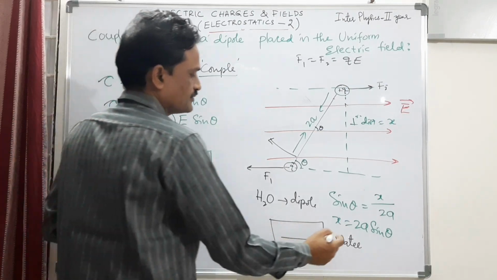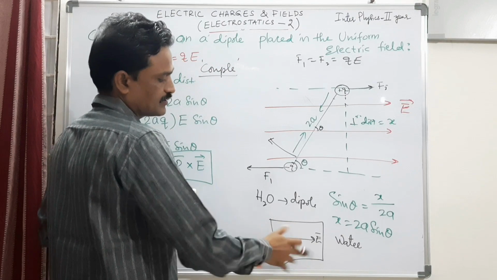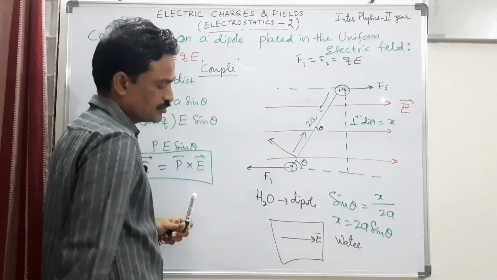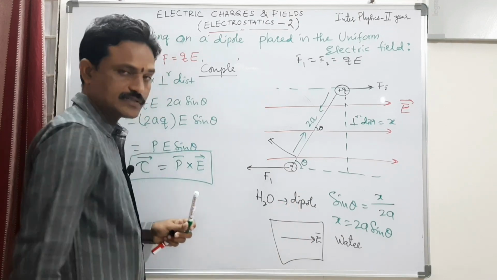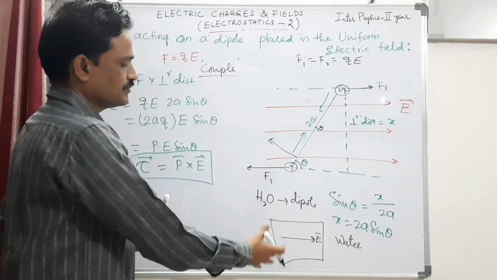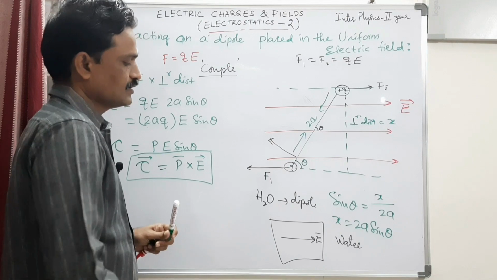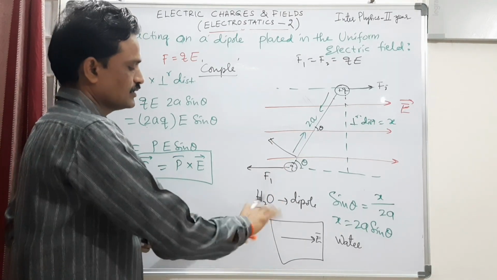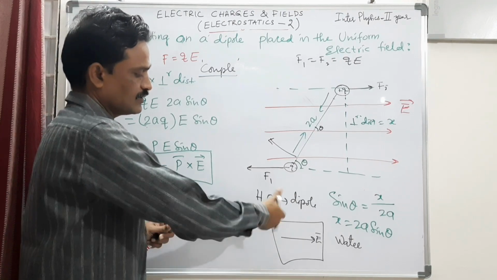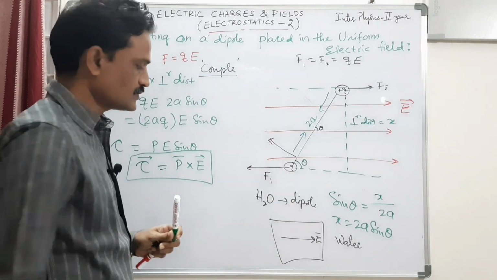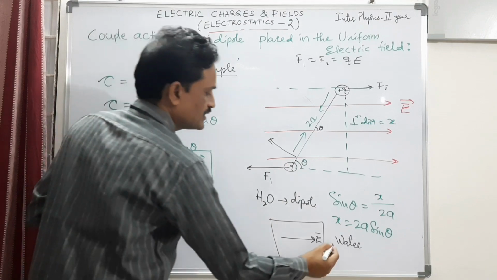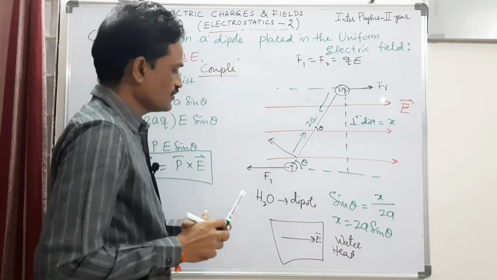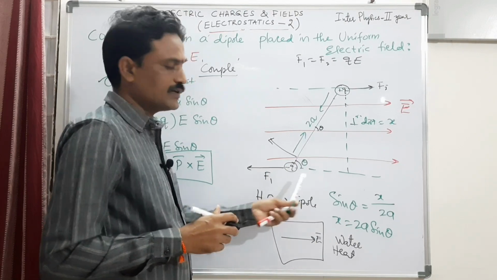So these water molecules try to align in the direction of the electric field. In that moment, they vibrate vigorously. There are many water molecules. As soon as the microwave oven is switched on, in a hurry, they will randomly rotate. When they are being rotated, heat is produced. So heat is produced in a microwave oven when you have electric dipoles.